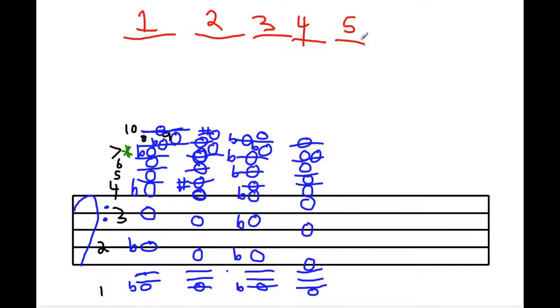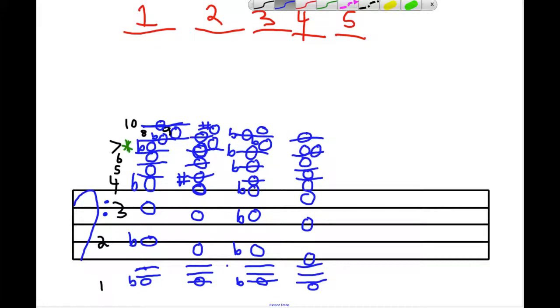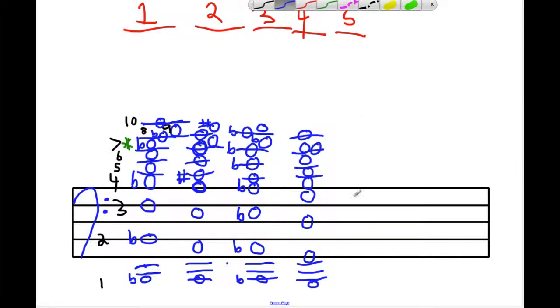Fifth position. Hopefully you guys can see all of this. So fifth position. And again, I'm going to be scrunching these low ledger lines together just to make sure we have enough room. So basically we're going down to a G again. So 3 ledger lines, G, but with a flat sign,